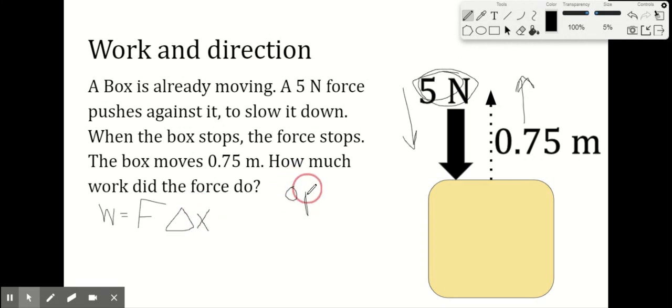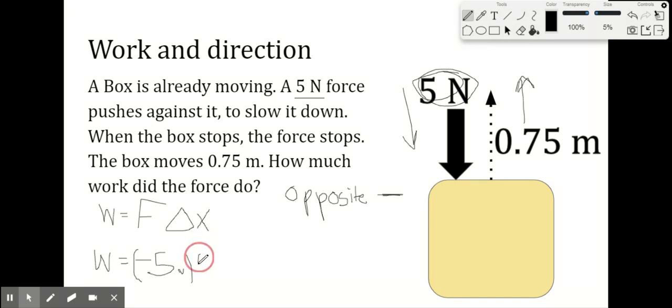And whenever you have things that are opposites, hopefully your math teacher told you, but if not, I'm telling you right now, opposites mean negative, where negative means opposite, okay? So one of these is going to be negative. It doesn't end up mattering which one. So let's just say the work is 5 newtons, and we're going to say that's negative because this is pointing against the direction that the box is moving. So that is negative 5 newtons,